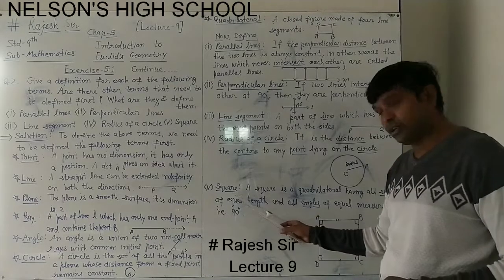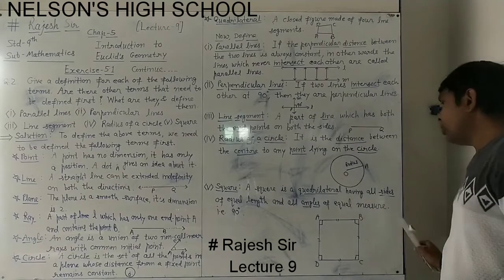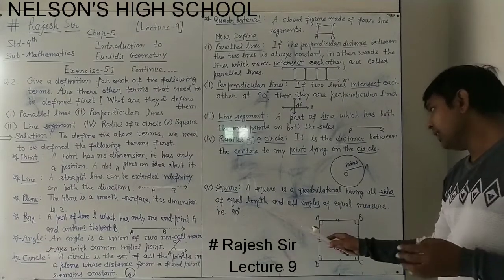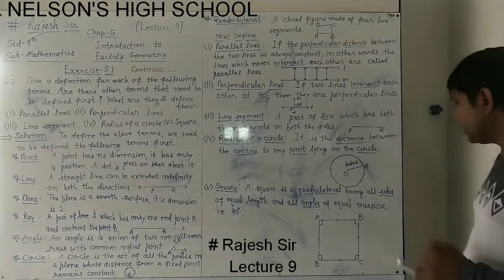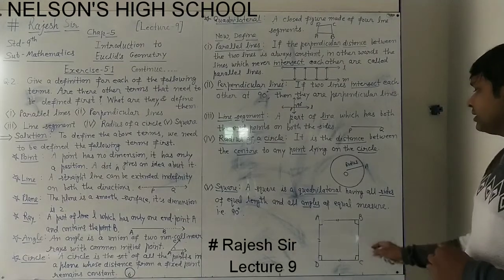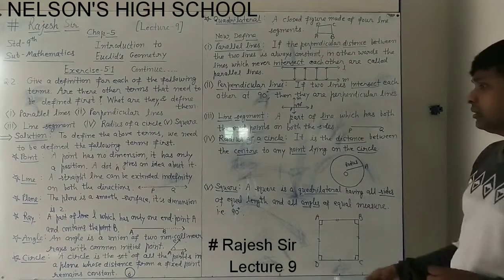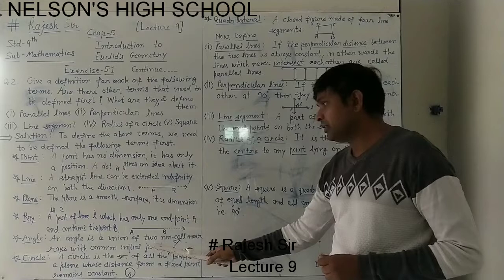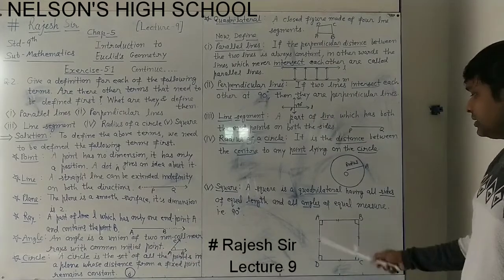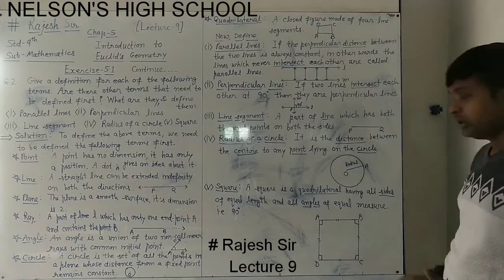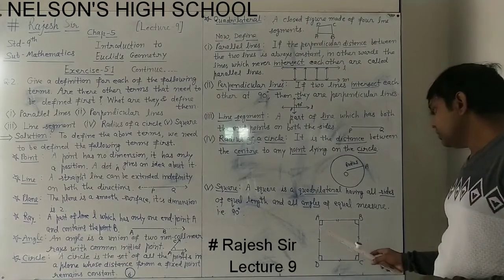Next we have square. A square is a quadrilateral having all the sides of equal length and all the angles of equal measure, that is 90 degrees. So this is the square shown here. You can see that it is a quadrilateral. For this, the term quadrilateral is required, that we have defined. The angle, about that we should know, that is defined here, right? Sides, you can understand sides, the line segment type, that we can understand. So this is the square.